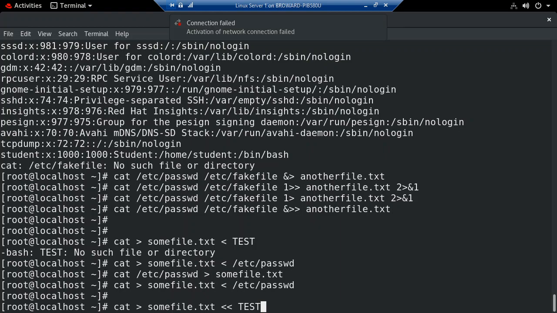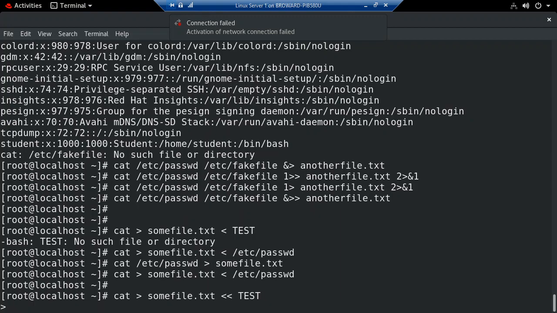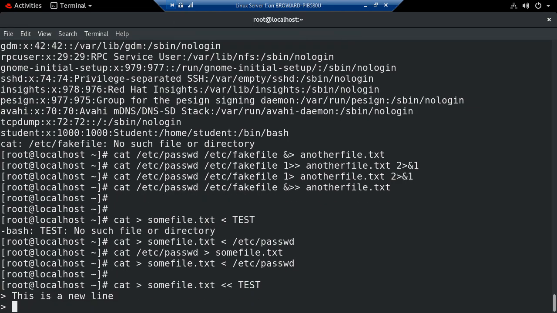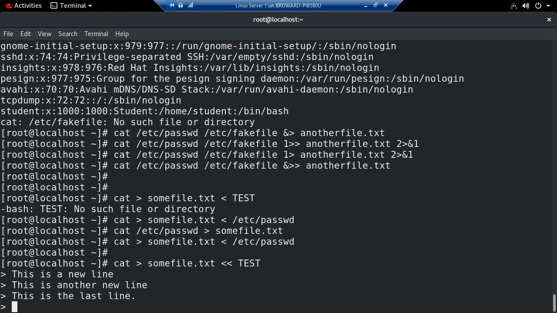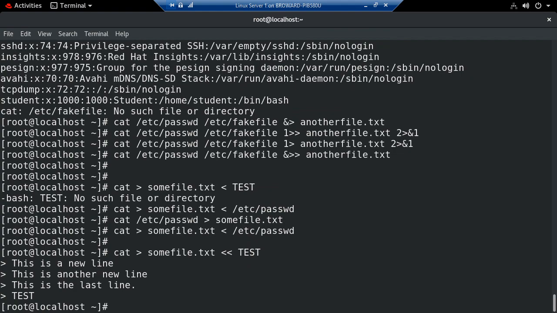So let me give you an example. So when it saw test again, it knew I was done sending input. So my cat, some file,